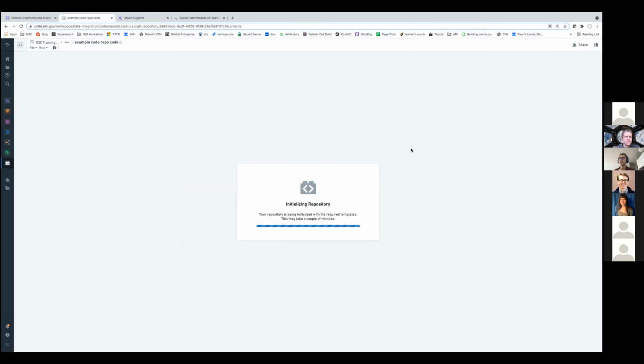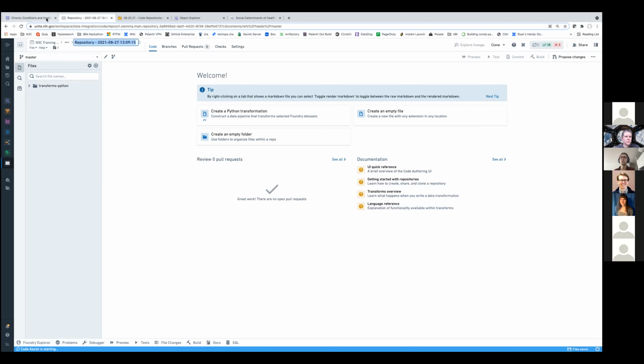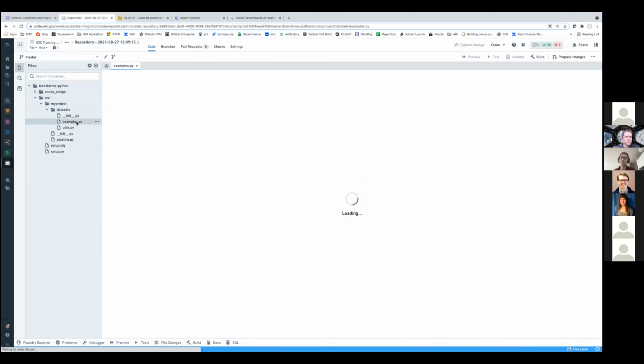So let's say I initialize the repository with Python. And I just wanted to show the mechanics real quick. And after that, I'll just come back to the code repository that I created last week to add more stuff onto it. So this is the code repository that I just created. And as you can see here, it has a collection of scripts and some examples to help you get started. This is mostly Python, but you can add